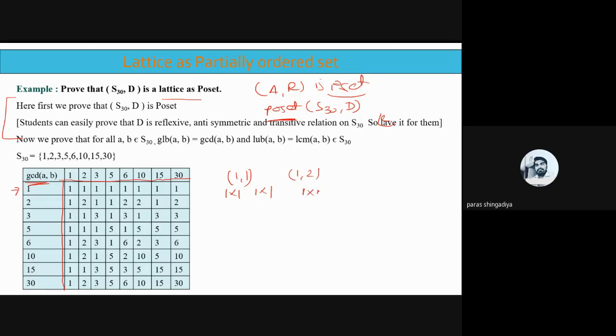The factor of 1 is 1 cross 1, and the factor of 2 is 1 cross 2. So which value is a common divisor? That common divisor. ठीक है, तो common divisor क्या है इसमें? That is also 1. Clear? So the answer is 1.